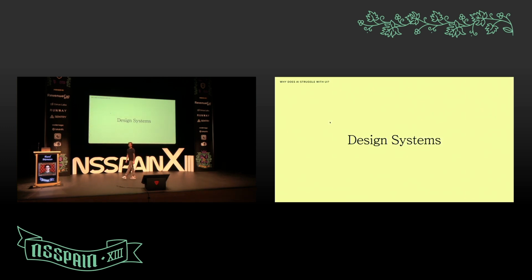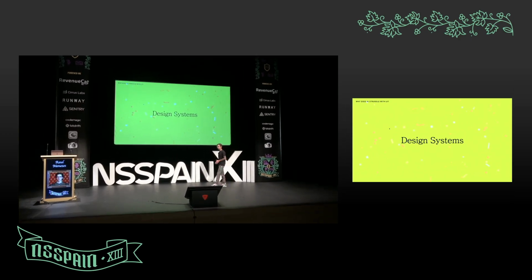A short answer is design systems. So to make sure that your agent can produce the output you're expecting, you need a design system to be able to process that information. You don't want to create the button over and over and over again. Your reusability is already embedded in the design system.